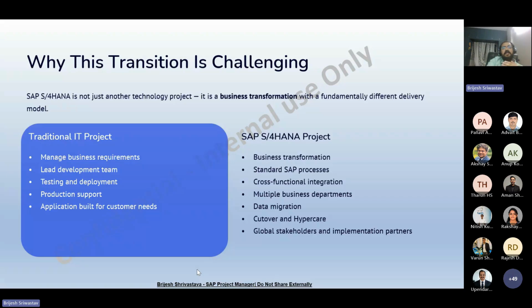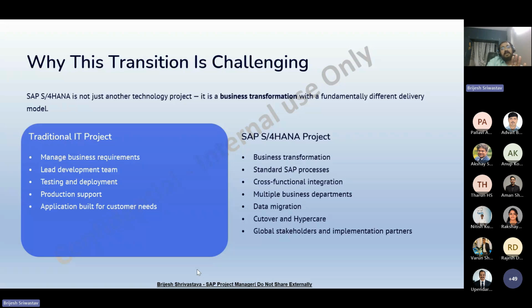Finally, the support team takes over. In most traditional projects, you are building something from scratch according to customer requirements. As a project manager, your primary focus is to manage scope, timeline, budget, and resources, coordinating with the development team and the testing team, and trying to deliver the application successfully. And this is how you were able to manage most projects, e-commerce, web application, ServiceNow, Salesforce, and so many others.